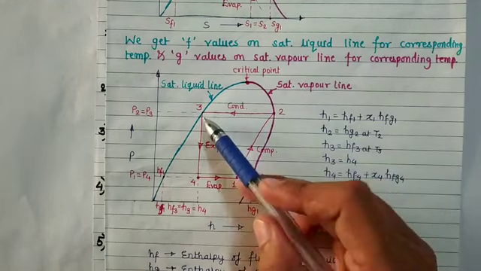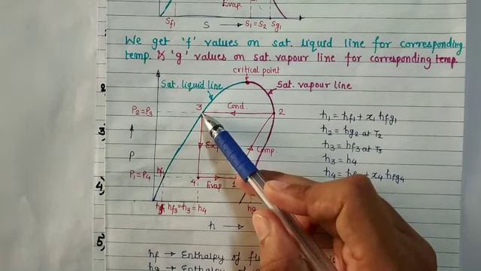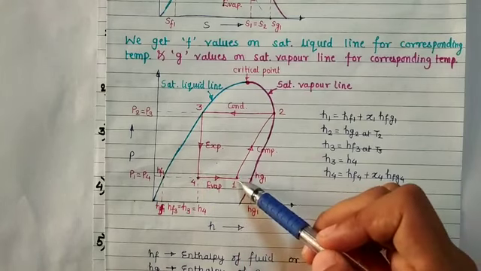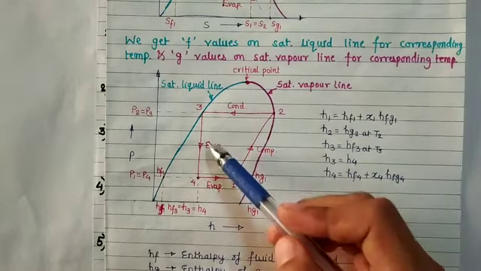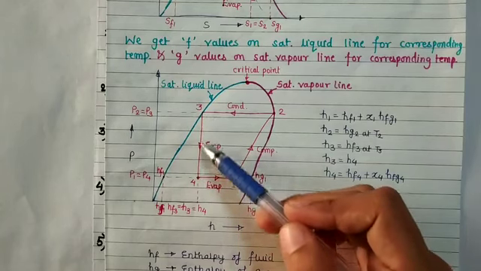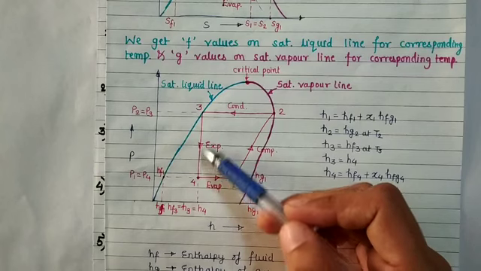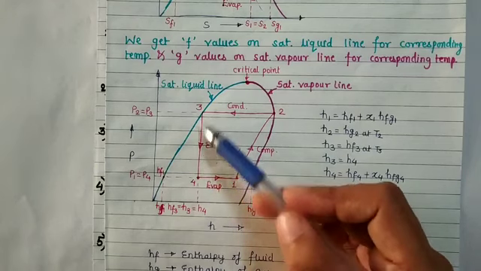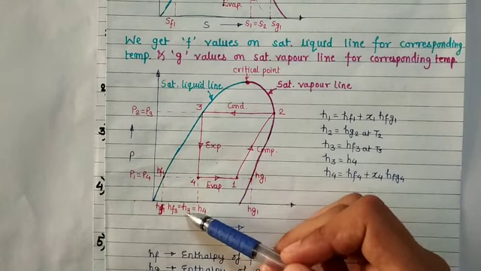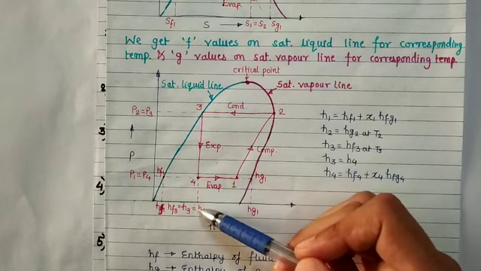2 to 3 is condensation. So we are getting point 3 on the saturated liquid line. 3 to 4 is the expansion. 4 to 1 is evaporation again. Now it is important to note here that 3 to 4 is the isenthalpic process because expansion is occurring at constant enthalpy. So 3 to 4 is isenthalpic process, means there will not be any change in enthalpy. That's why we have written H3 equals H4.